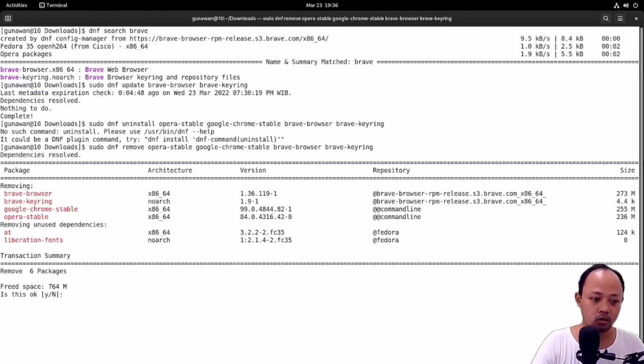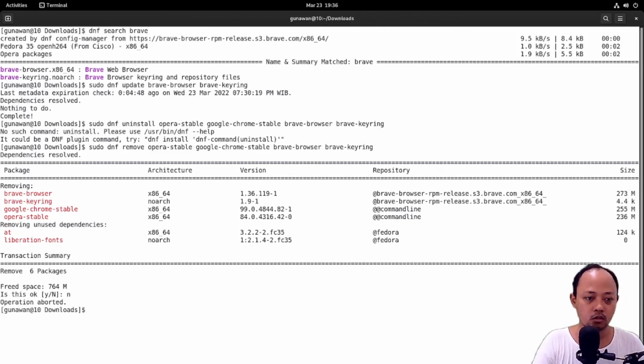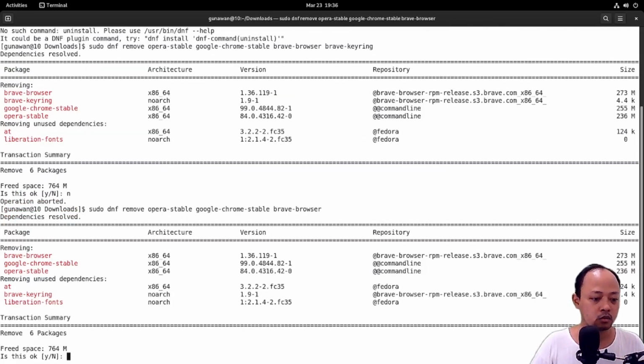Wait, how if I just type without Brave keyring? So you can see here that the Brave keyring is included by the DNF when we uninstall the Brave browser.